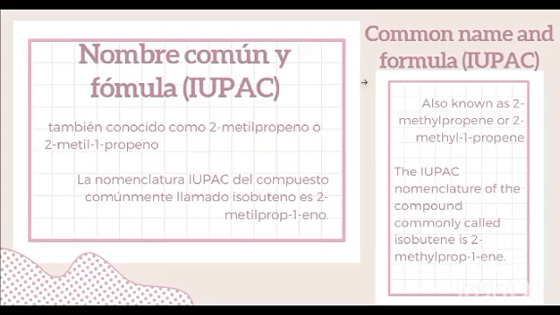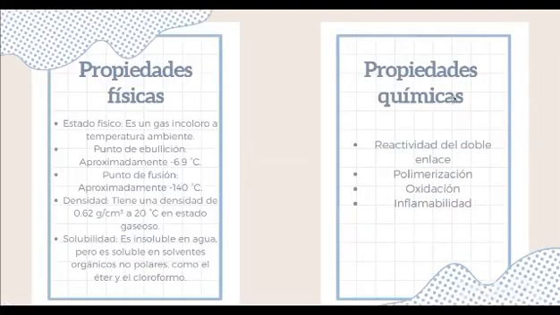Common name and IUPAC formula: also known as 2-methylpropene or 2-methyl-1-propene. The IUPAC nomenclature of the compound, commonly called isobutene, is 2-methylprop-1-ene. We have two types of properties: